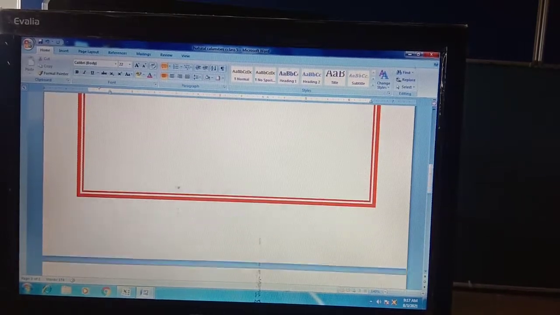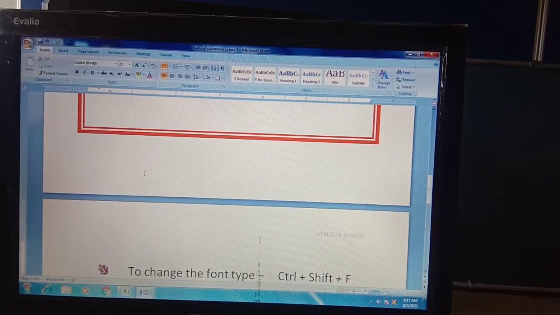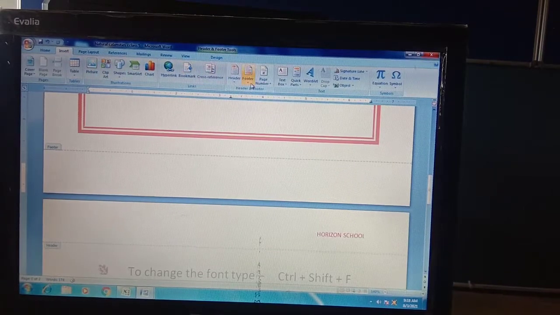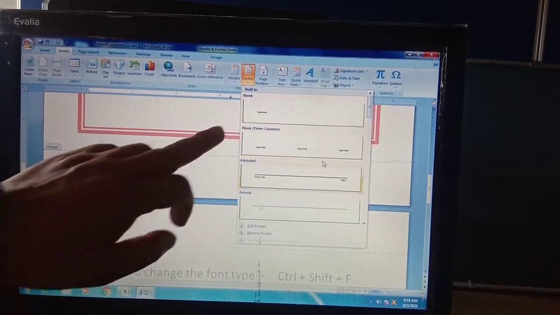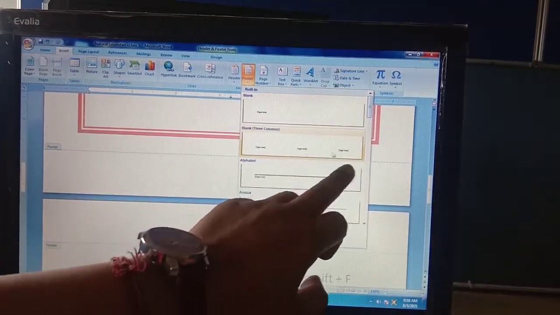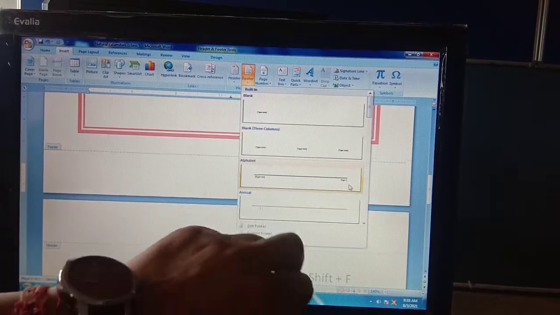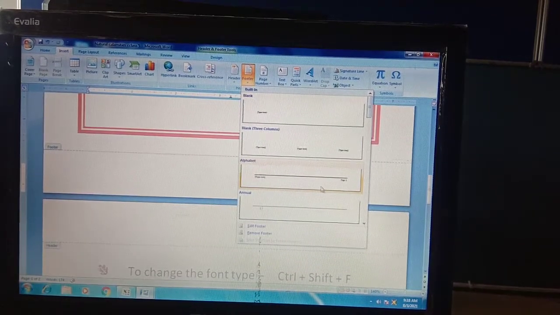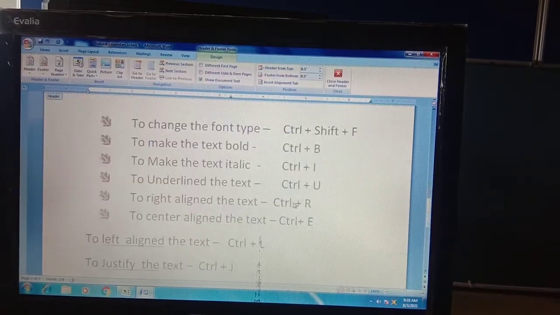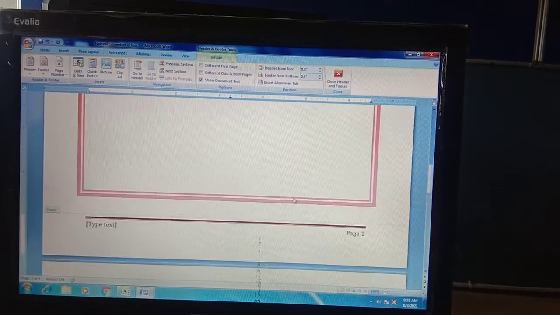Okay students, now how to insert a footer? Either you can double click here and add your footer according to your own need, or you can go to the Insert menu and then go to Footer. And what type of footer do you want? You may want a footer with only one text, a footer with 3 texts, or a footer with a page number. You can have the footer like this also, page number 2 will display automatically, and you can type the text here. For example, I am typing hyperlink.